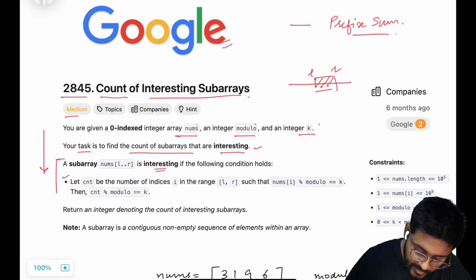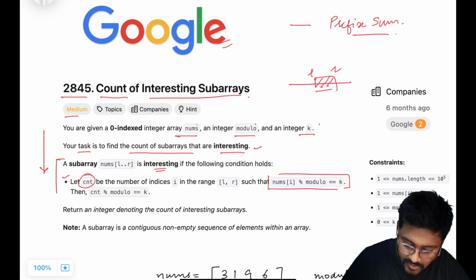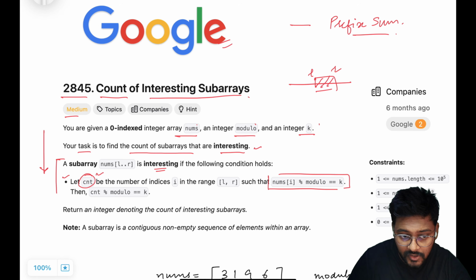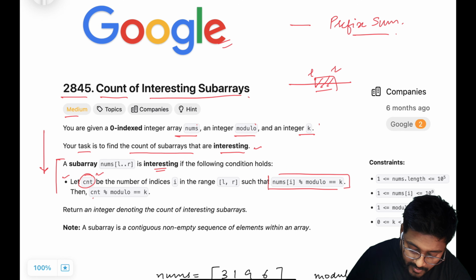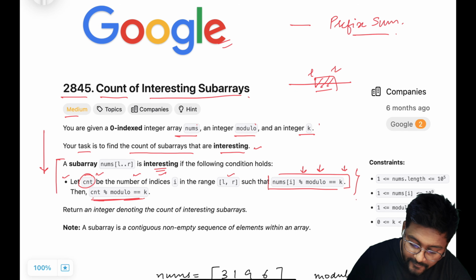This is what they are saying. Let count be the count of indices in the range such that this condition is true. So first of all, we need to calculate the count, or you can say some value, and that value, if I take remainder with modulo, is equal to k. So this is something I need to validate. First of all, I need to calculate the count. Count is the number of indices in the range such that nums of i, taking modulus with modulo value, is equal to k. So for every value of i where this condition is true, I'm going to add 1